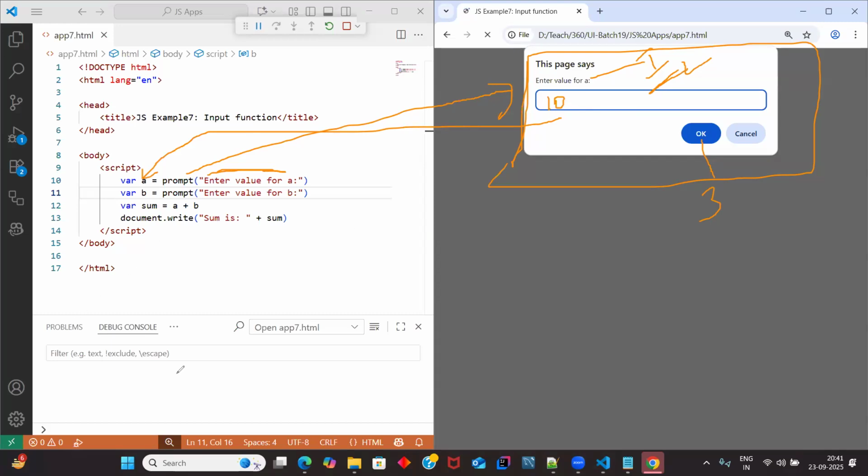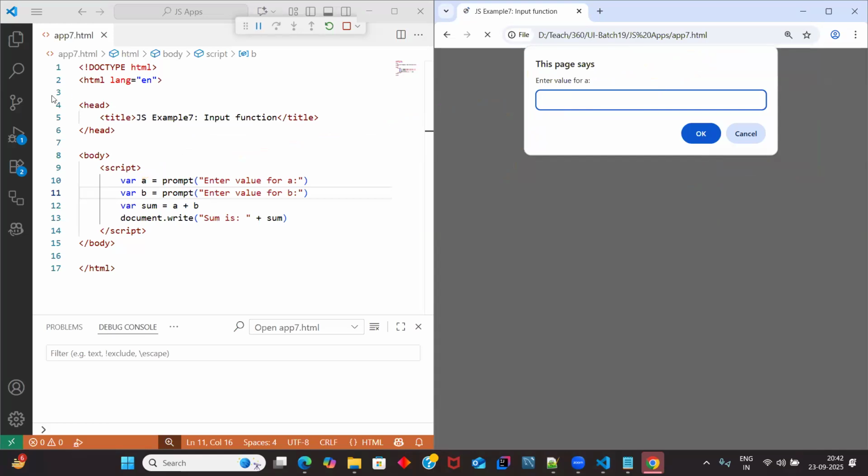Okay. So let me quickly show you guys how this execution will go. Now I'll be giving 100. Okay. Now click on OK. Now immediately you can see one more prompt for the B, guys. Now I'll be giving something, 200. Okay. Now click on OK. But before I click on OK,